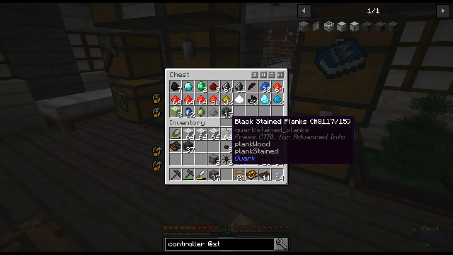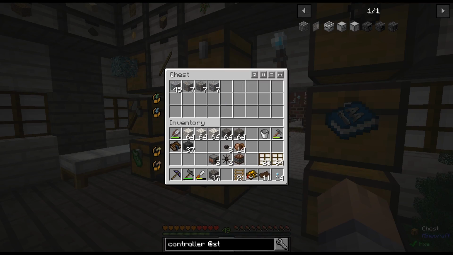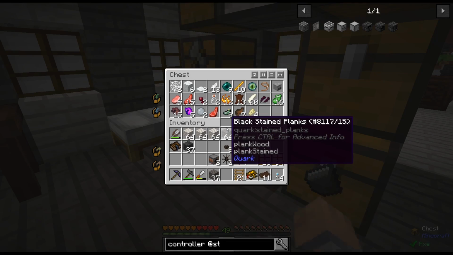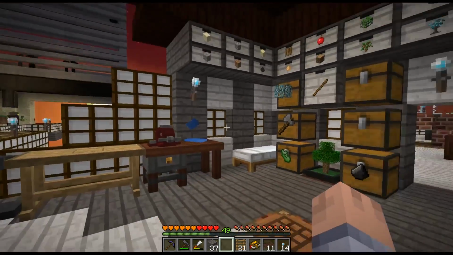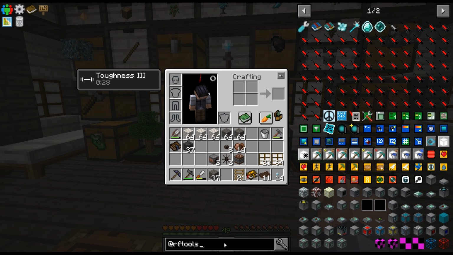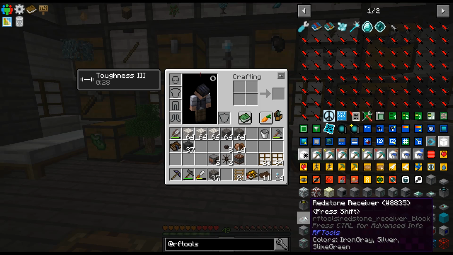Almost all of these chests are getting full. These are ores and so on, and then over here, I still have a little bit of room, but as you can see, I'm starting to run out of room. And now that we have the RF Tools mod, I was thinking that we could make ourselves,